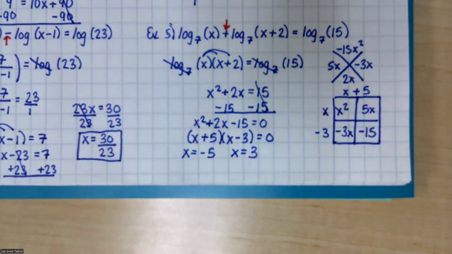We have to check them, yes. This is actually the last thing I wanted you to do today, which is check these. I want you to check both answers separately, and something's going to happen in the calculator. Without putting in the log, the very first problem, the log 7. The error. So that means that one's extraneous. You can cross it out. Something's going to happen. It's going to be exciting. Not really.